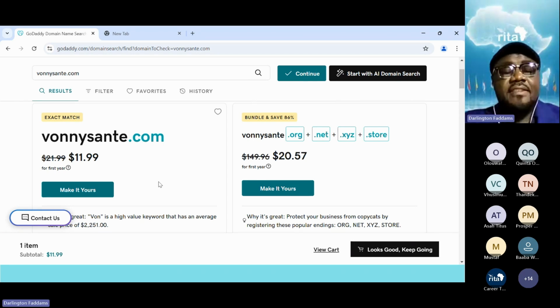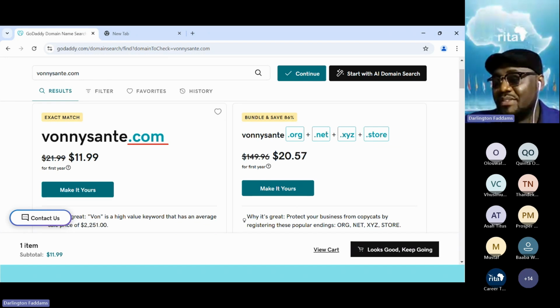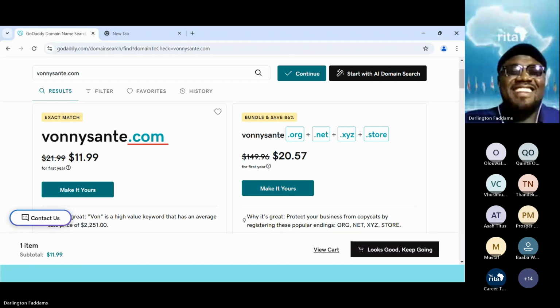The fact that vonisanti.com is available does not mean vonisanti.net is available.